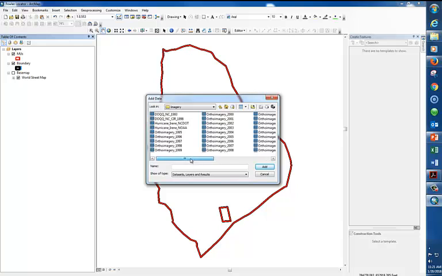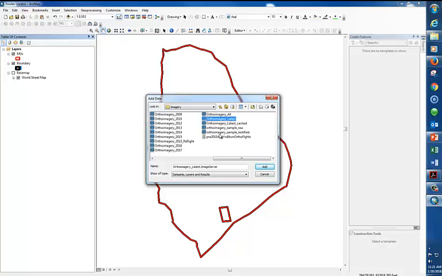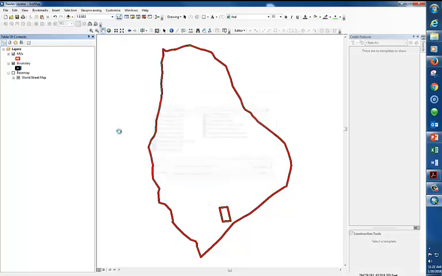And why I like this imagery is because it's the newest imagery. If you notice, I've scrolled all the way to the right, and I'm going to select ortho imagery. But what I want you to see is that this imagery dates all the way back to 1995. So you could look at land use change if you want with this. I'm just going to pull up the latest